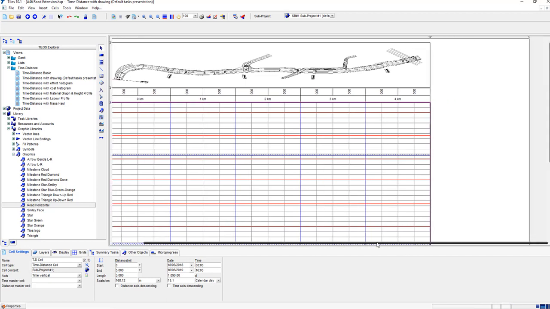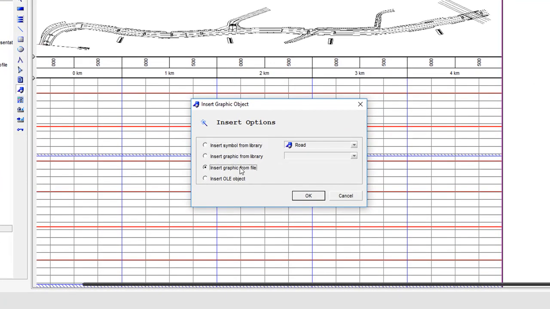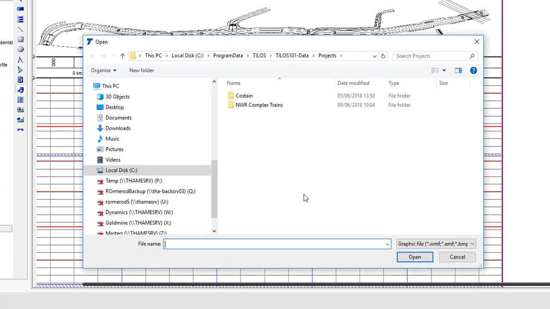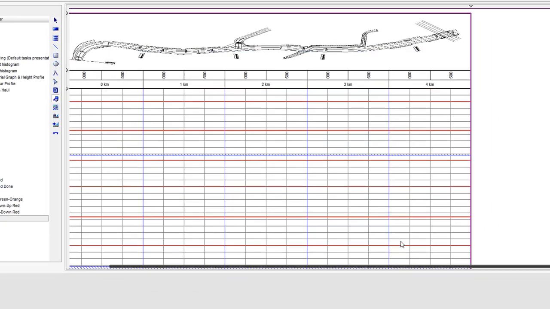So I'm going to scroll the diagram to the right hand side, because in the top right hand corner up here I want to embed a logo. I'm going to do that from a file on disk, so I'm going to click on the insert graphic object. I'm going to choose how I'm going to scale the object that I'm going to bring in. I'm going to have no scaling, and I'm going to connect it to the top right hand corner of the diagram. So if I change the size of the diagram, it's always going to be related to that top right hand corner. I'm going to bring it in from a graphics file, any sort of bitmap, and I'm going to then locate that on my disk, and I've got one called our logo,